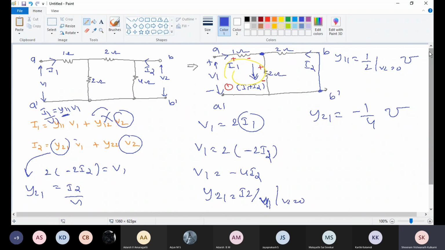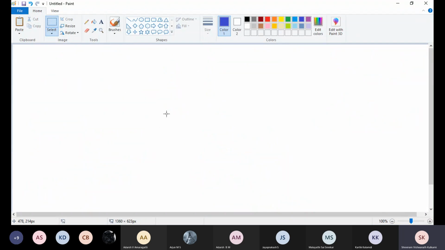Correct? Yes, sir. Now put V1 equal to 0. See, I don't want to confuse. Wait, I am only getting confused in the whole. Wait. See, if a question is given,